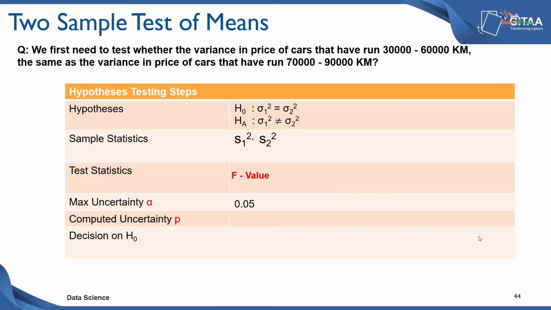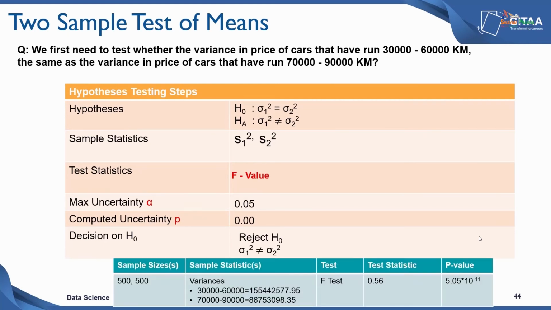The F test is a very popular test that gets conducted to compare variances between groups. Again we are fixing the alpha at 0.05, and when we do the actual testing, we get a very low value. It is not actually 0, but it is very, very close to 0. So, the computed uncertainty P is much lower than the maximum uncertainty that we are allowing ourselves, which is 0.05. So, the decision is that we will reject the null hypothesis of sigma 1 square equal to sigma 2 square, and we conclude that the variances between the two groups are different.